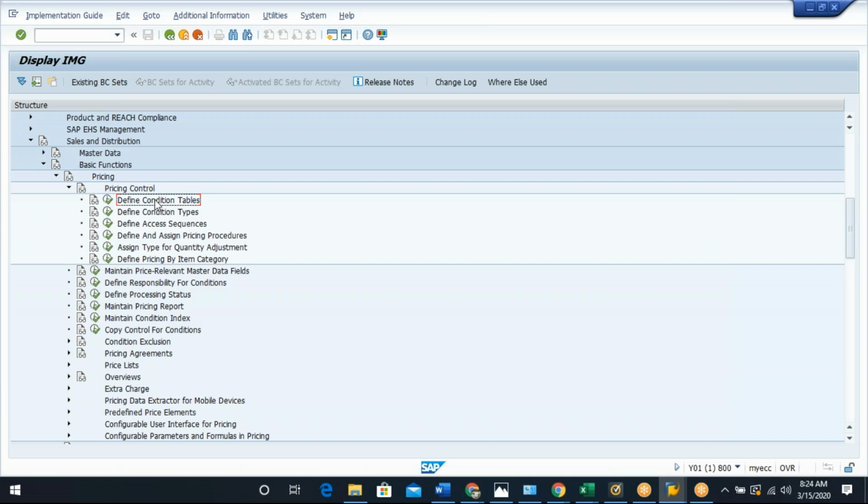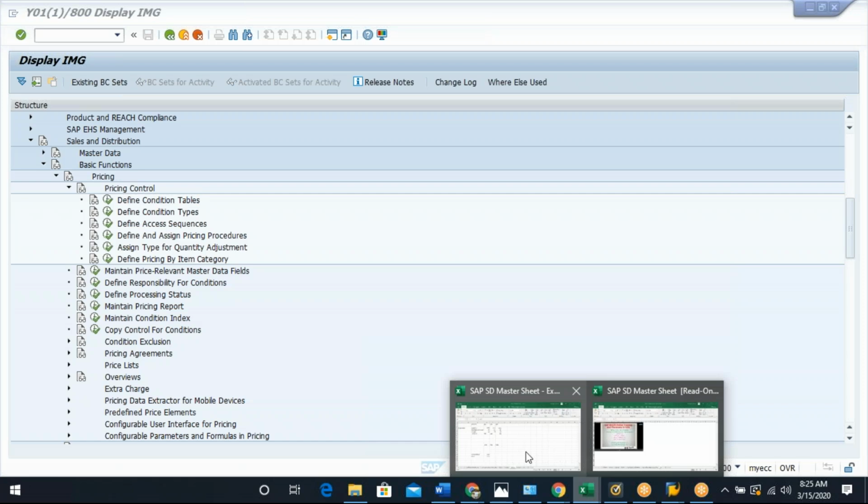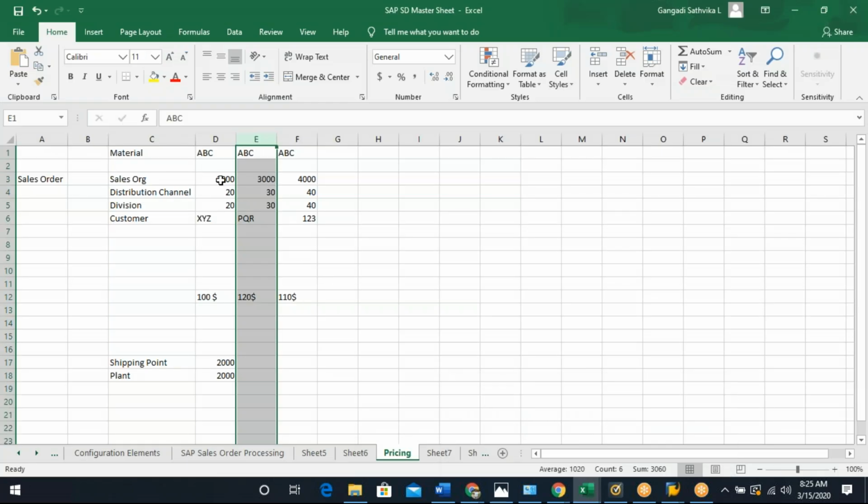So what is the condition table? So basically, when you are maintaining the price for a product, generally what is the criteria? Different criteria you can use. So if you want to maintain a price for a product, what is the criteria? What are the different things we use? What are the parameters we use in generic? Let us say